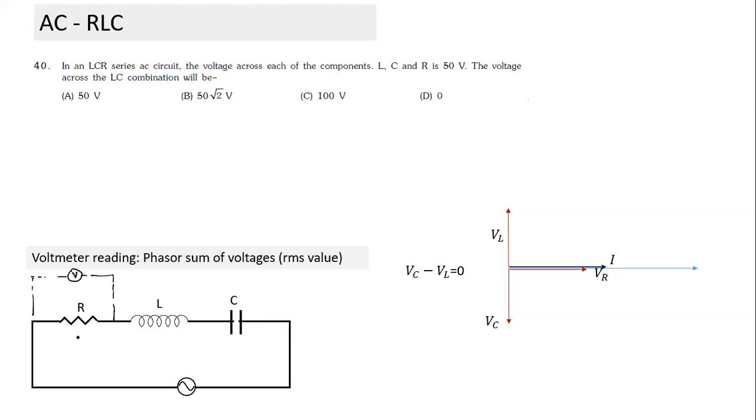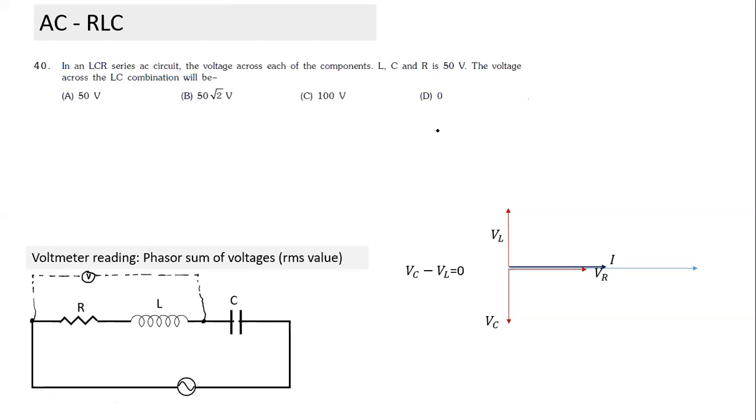Quite a difficult question. So what will the reading be here? Not sure. Nishita, what will the reading of the voltmeter be here if I connect across R? 50, sir. 50. Okay, it will show the RMS value of the voltage across the resistance. Kathy, was that a very difficult question? No, sir. No, so you should have answered. Okay, so let me ask one more variation here. What will happen if I connect the voltmeter like this? If the voltmeter is connected like this. Karthikeya, can you tell me what will be the reading of the voltmeter now in this case?